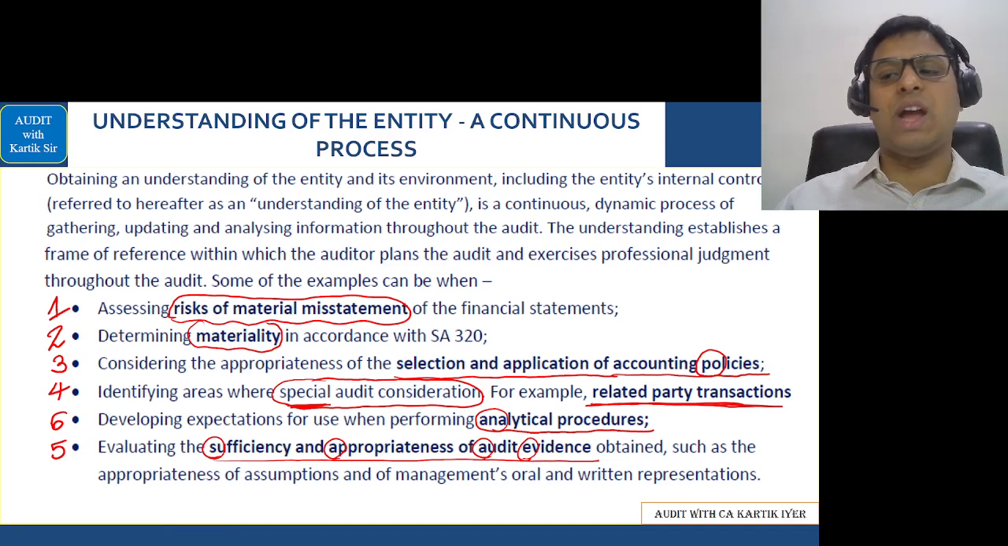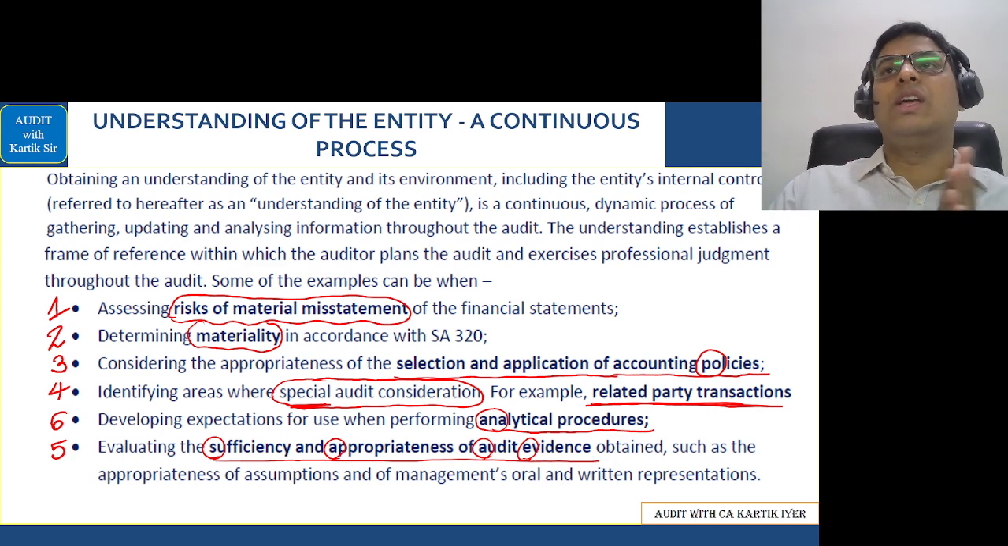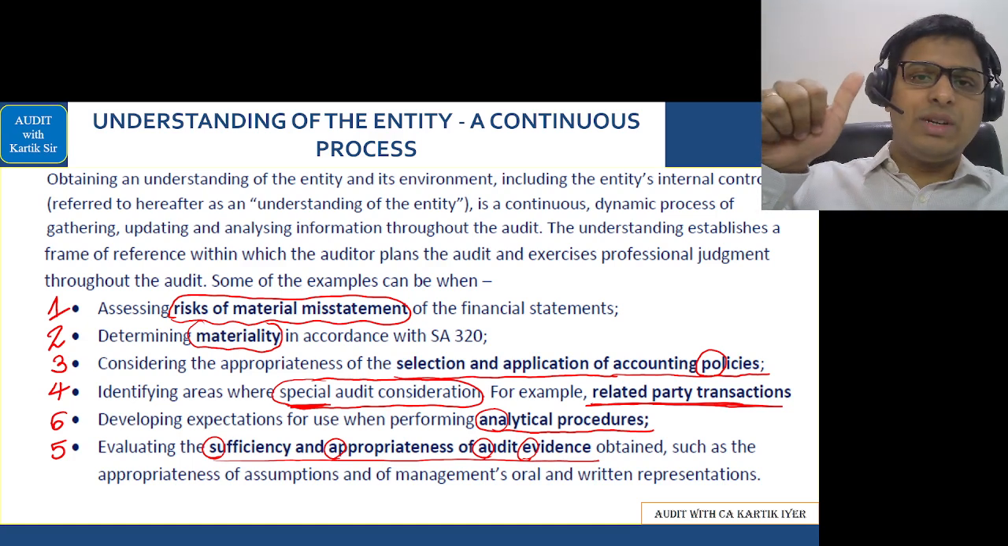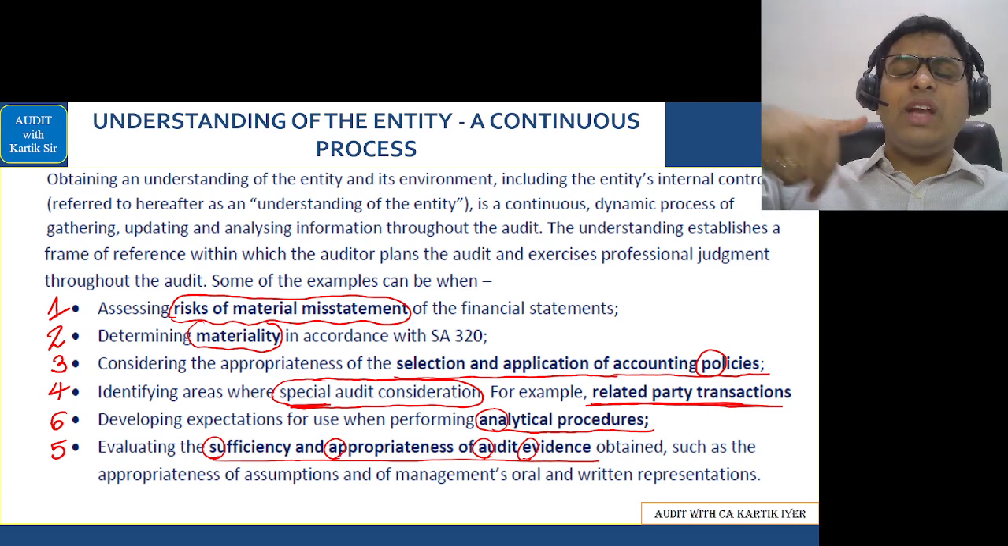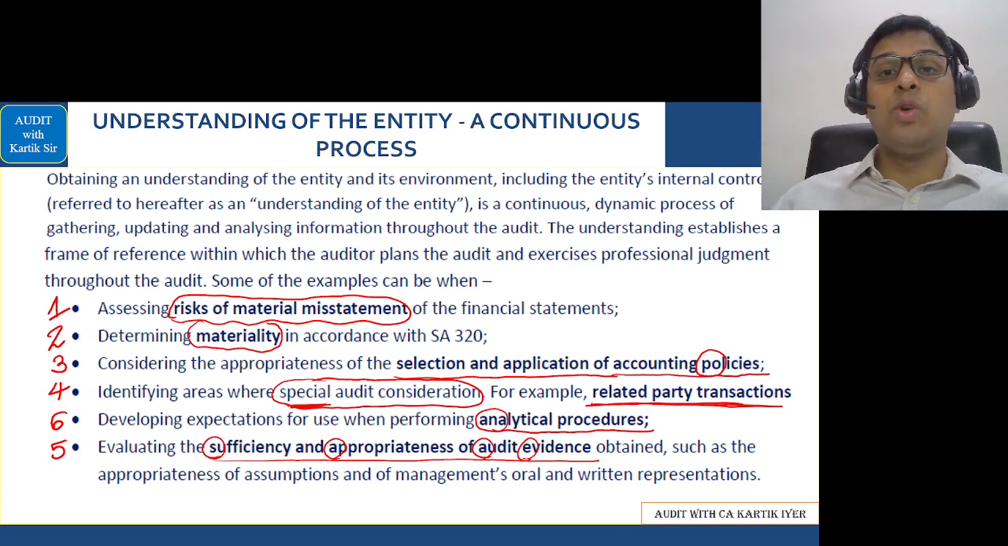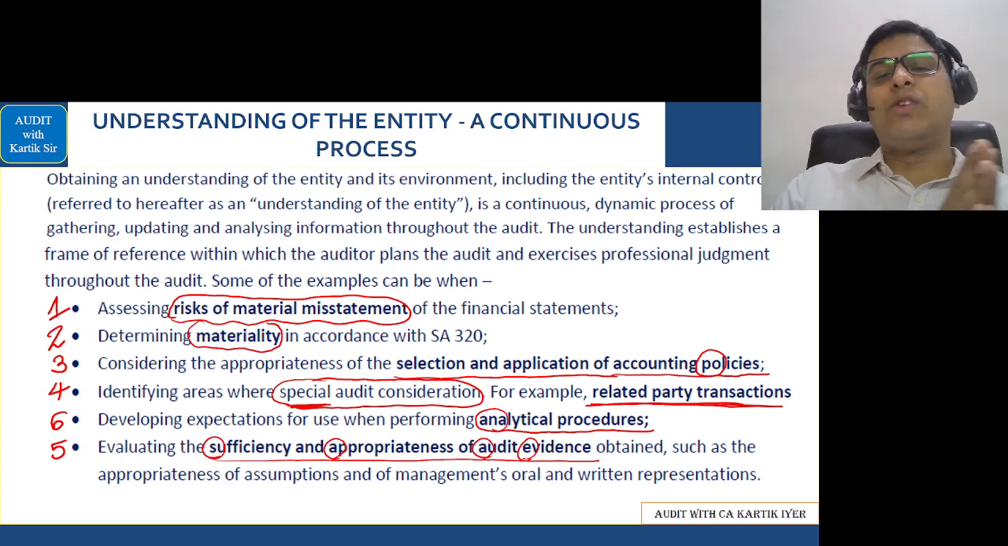Then we had done this important part, that is understanding of the entity is a continuous process. If you remember, we had that amazing story of rat and pole. Remember rat and pole story? Let's go for it. First is the risk of material misstatement. Second is materiality. Third is you climb, that is your accounting policies. Then after that you have the brother, that is related party transaction, and having a romantic walk with his wife,